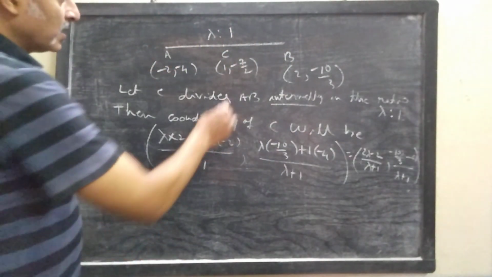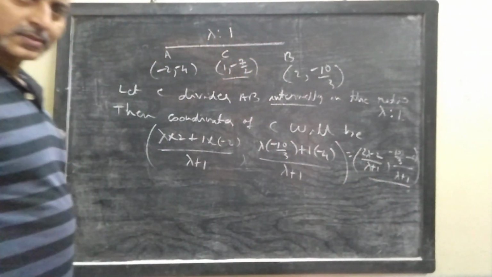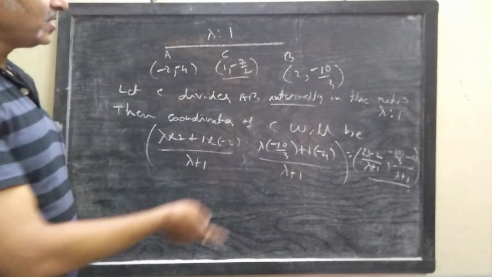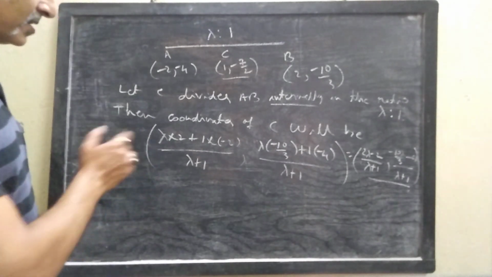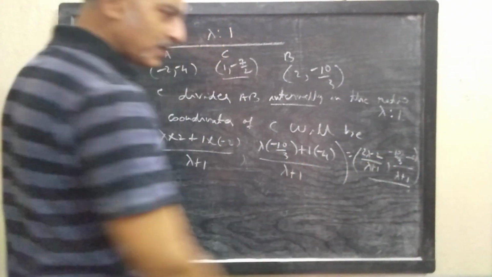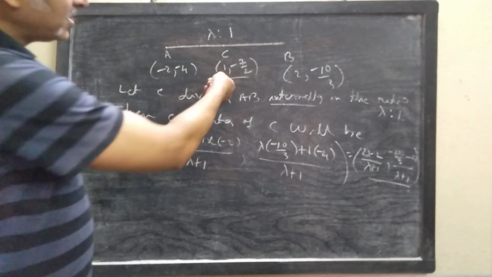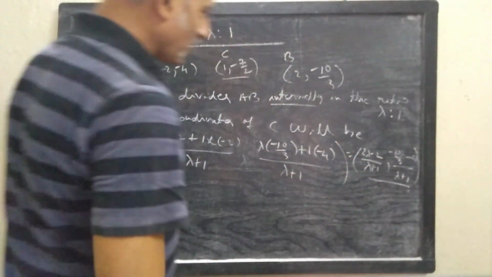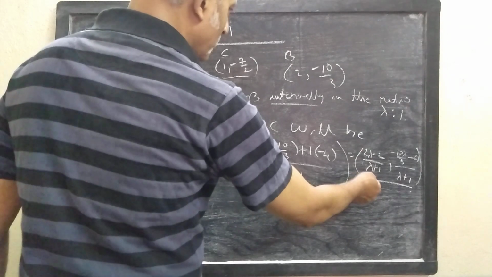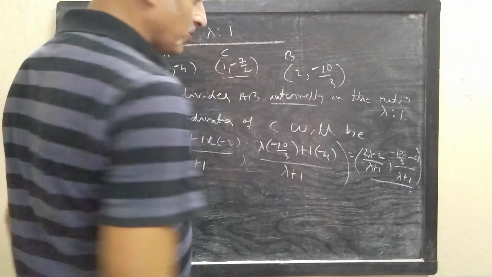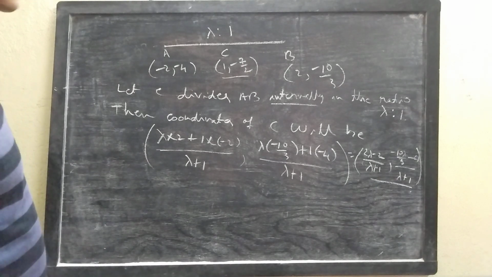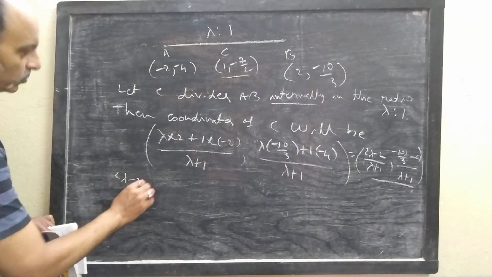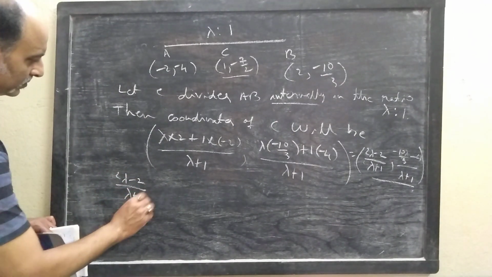Now this point will be identical to the given point, because they are the same point. We have considered C as the point which divides AB internally in the ratio lambda is to 1, and on the basis of that assumption we have found this result, and they have provided us the information that the coordinates of C are 1, minus 7 by 3. So obviously this point is identical to that point. If they are identical, then you can equate the abscissa or you can equate the ordinate. In both cases we will get the same result. Let us check whether we get the same result or not. So first let us equate 2 lambda minus 2 by lambda plus 1 equals 1.